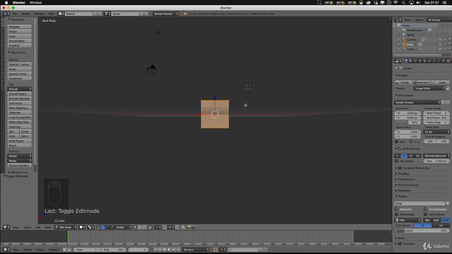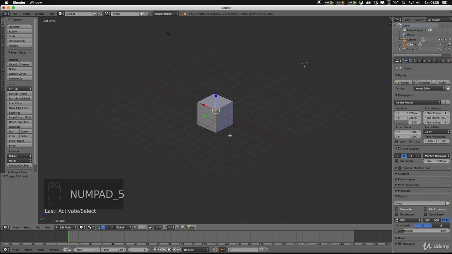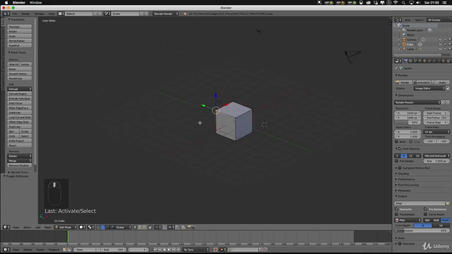When we're in perspective view, you can see that as we're looking at it, it's like the correct perspective from if we were actually standing in front of this cube. So it's always going to be in the actual perspective view. Now if you hit 5, you'll see it's changed the view a bit.